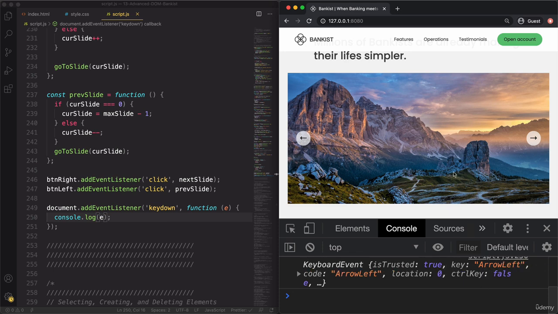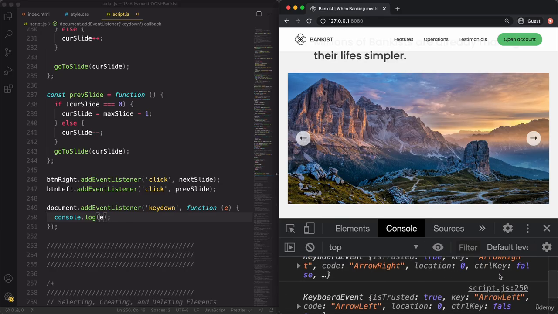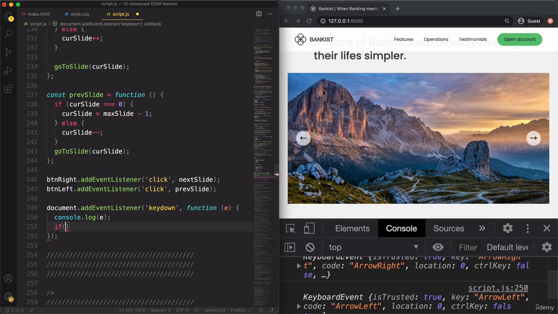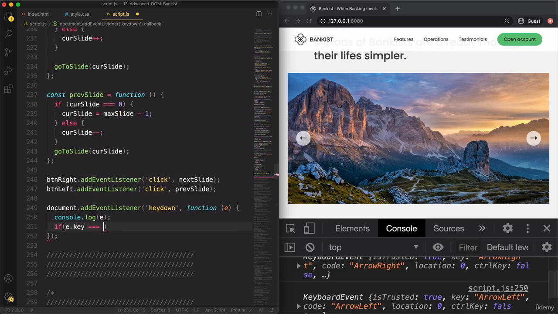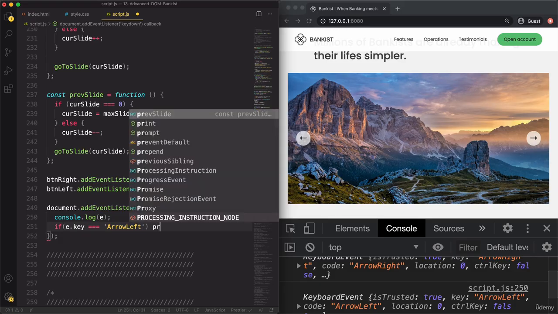And then the other way around, it is of course ArrowLeft. And so I'm going to use that key, ArrowLeft and ArrowRight. So that's very simple. If e.key equals ArrowLeft, then what we want to do is to call the previous slide